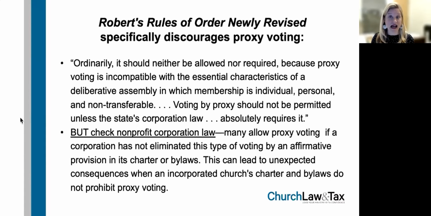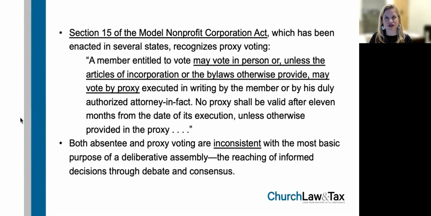Now, is proxy voting allowed? The Model Nonprofit Corporation Act allows proxy voting unless your bylaws restrict it. Now, if your bylaws adopt Robert's Rules of Order as the parliamentary authority, then in a way, they indirectly restrict it, because Robert's Rules restricts it unless bylaws explicitly allow it. So rather than getting mired in the nitty gritty on that, I think the takeaway for you is to look at your bylaws and know whether they allow proxy voting explicitly or not, and then reconsider whether you actually want that to be the case.